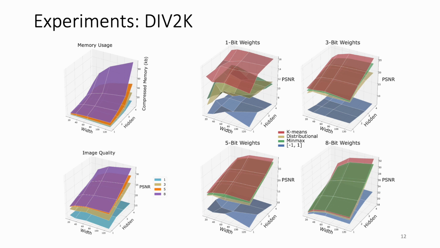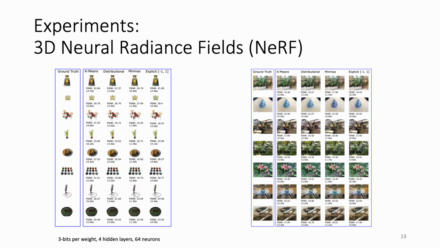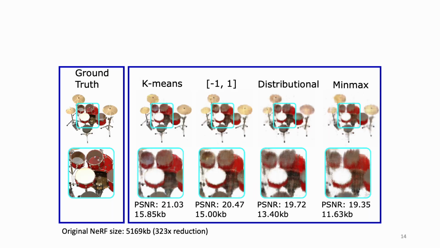We additionally demonstrate that multiple architectures and quantization levels can yield similar performance, with changes in the compressed memory. For neural radiance fields, we find that our approach consistently produces fewer artifacts when applying extreme quantization to 3 bits per weight. This enables compression to around 16 kilobytes, more than 300 times smaller than the original NeRF. Taking a closer look, we can note the lower distortion that occurs under this approach.